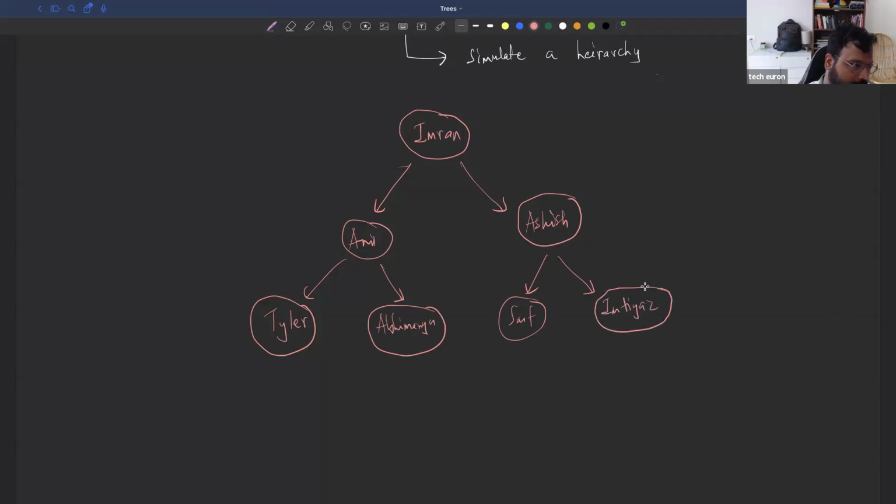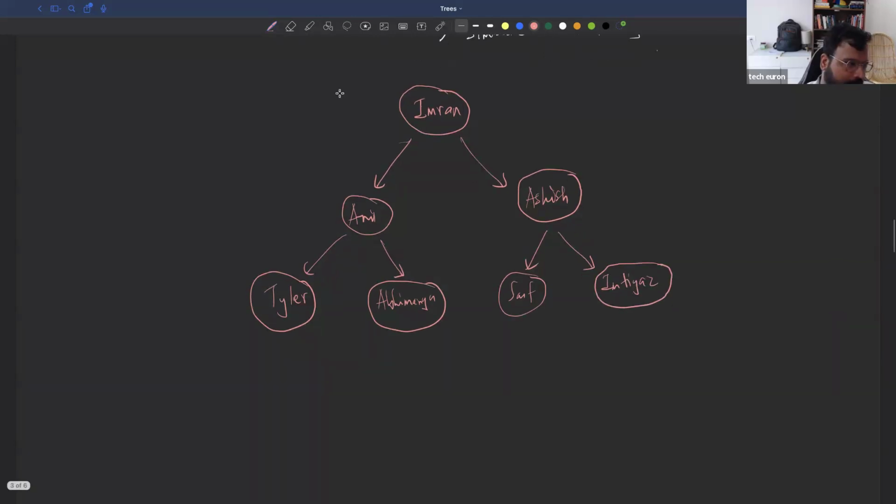So this is what a tree looks like. Now here I have drawn it like this, but maybe Anil can have three people reporting to him, and the third person can be maybe Mustafa. And Saif can further have one person reporting to him, which can be Lalit. So this is a data structure